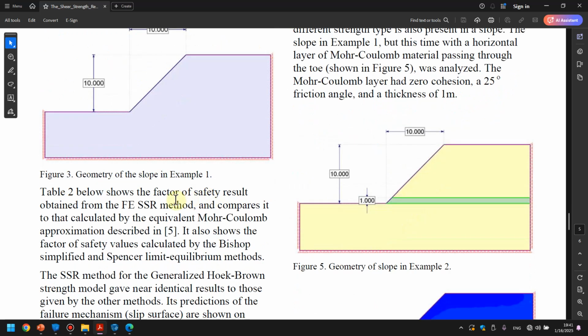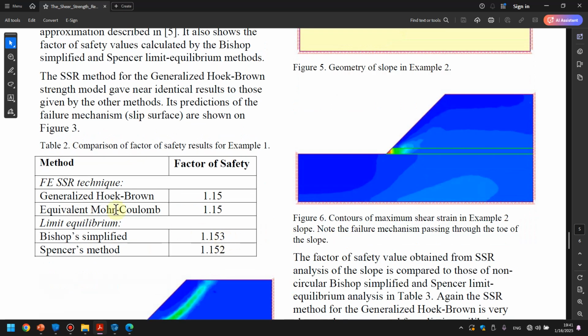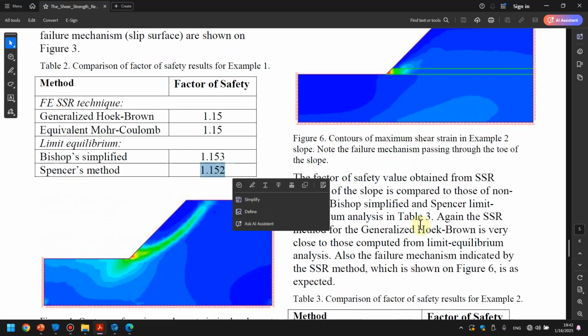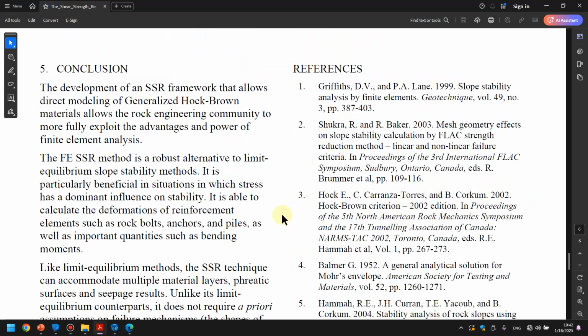It's from here, and also for example 2, its geometry, and the comparison of factor of safety results for example 1 for the FE SSR technique, true value, Mohr-Coulomb and Hoek-Brown, and also limit equilibrium for Bishop and Spencer methods is equal to this. So for the second example, there is also a comparison of factor of safety results. This is the result, and let me come back to FLAC